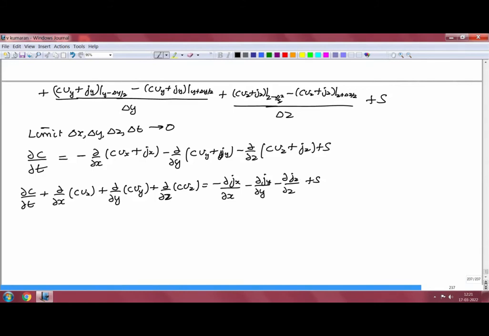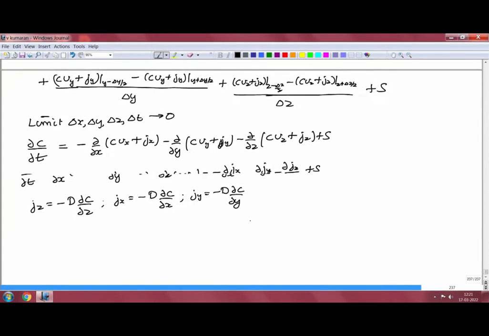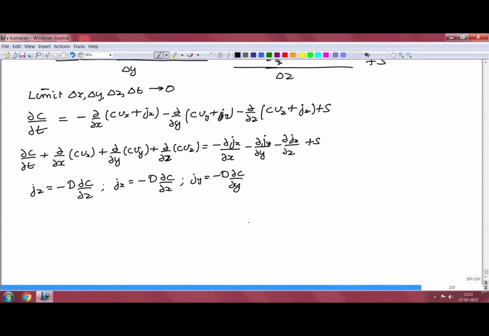Constitutive relation: we know that jz is equal to minus d partial c by partial z. This is Fick's law for diffusion. Similarly, for the other components, jx is equal to minus d partial c by partial x, jy is equal to minus d partial c by partial y, where d is the diffusion coefficient. So, substituting that in here, you get partial c by partial t